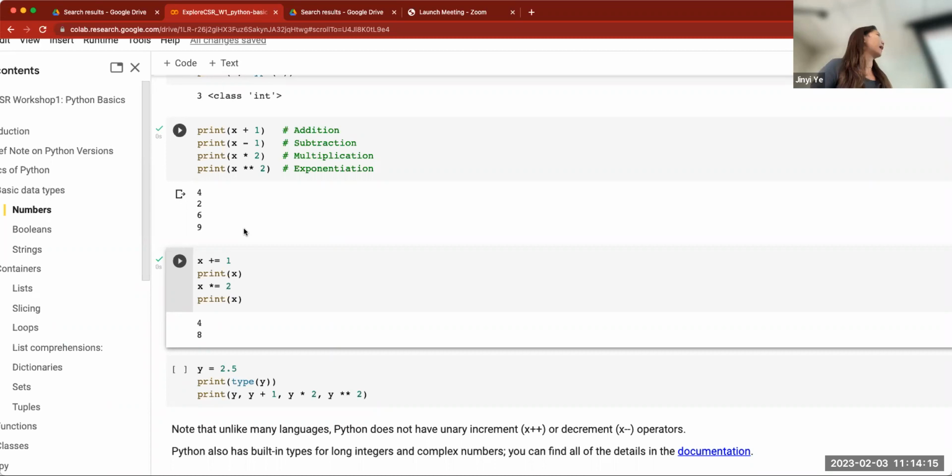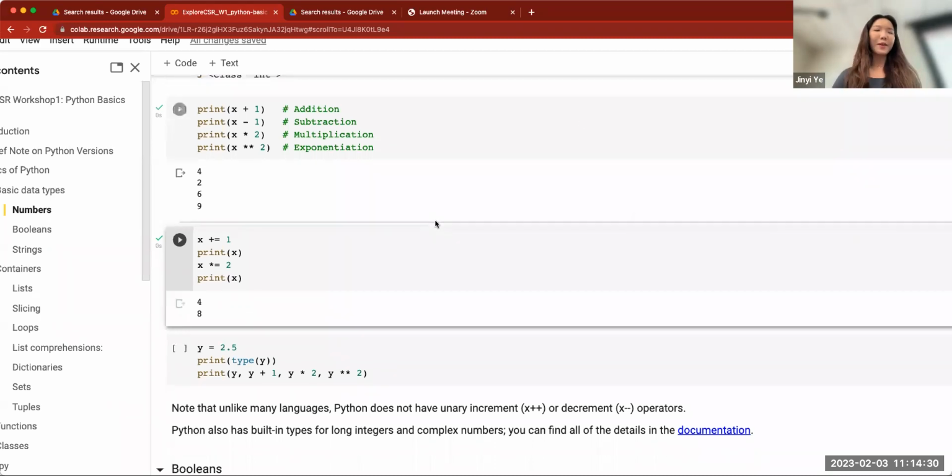So when we are multiplying x by 2, we get 8. So the variable x is constantly changing by assigning our values inside this variable. So here is one of the practices, and maybe one of the students may be able to answer the next